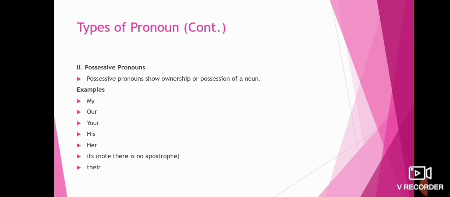The second type of pronoun is possessive pronoun. So possessive pronoun is the very name mentions जो कि ownership of the noun को show करते हैं, ठीक है? It actually shows the ownership. Then here is like we do have 7 pronouns in total. So इसके जो possessive form है that is also 7. My, our, your, his, her, its and their.